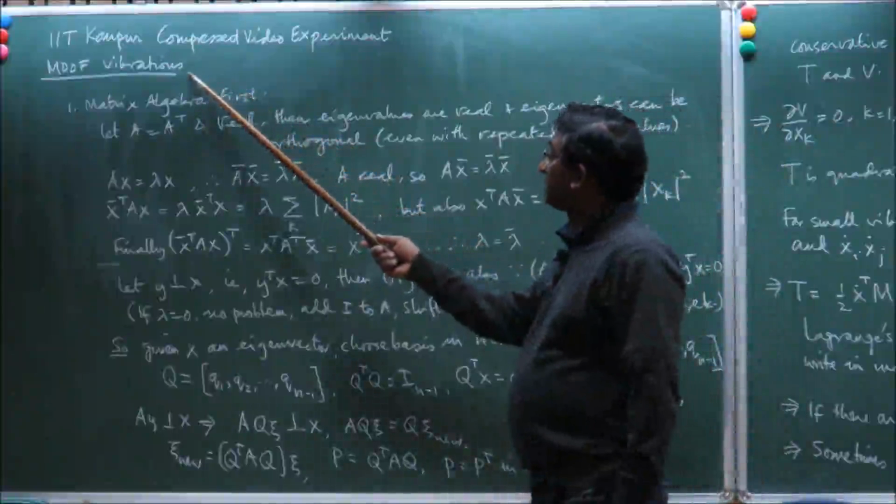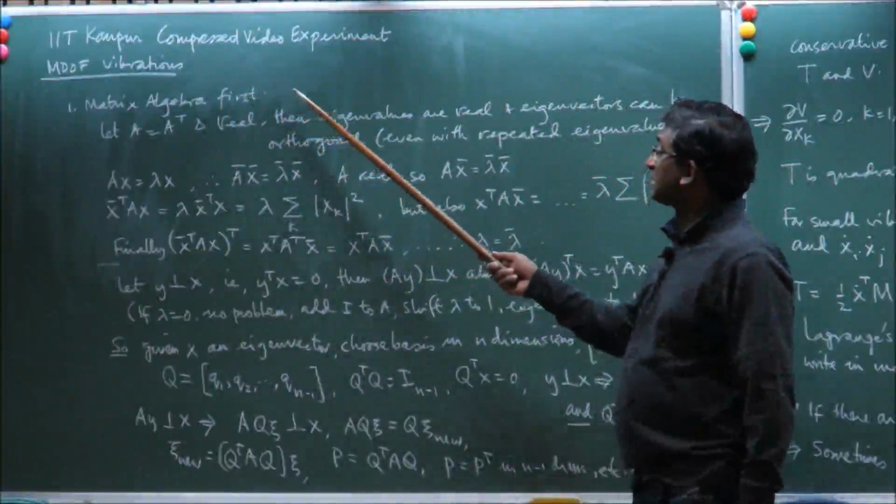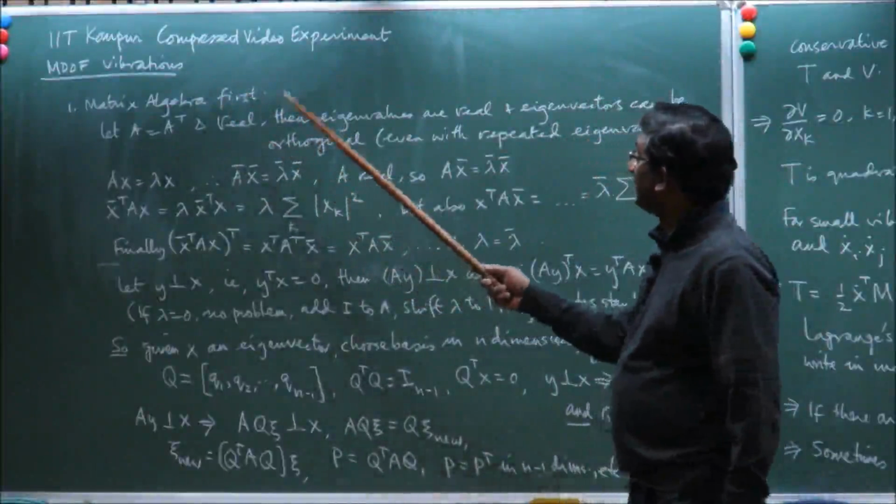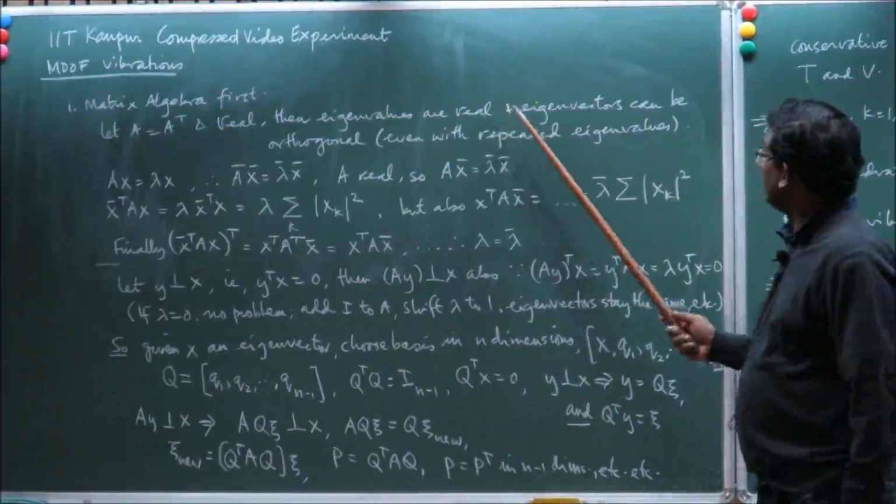Multi-degree of freedom vibrations today. Some matrix algebra first. Let A be symmetric and real, then the eigenvalues of A are real and the eigenvectors